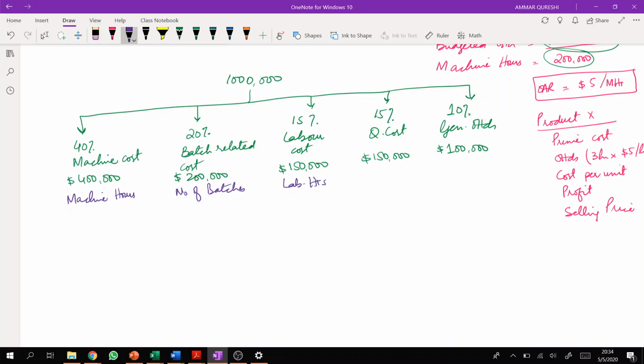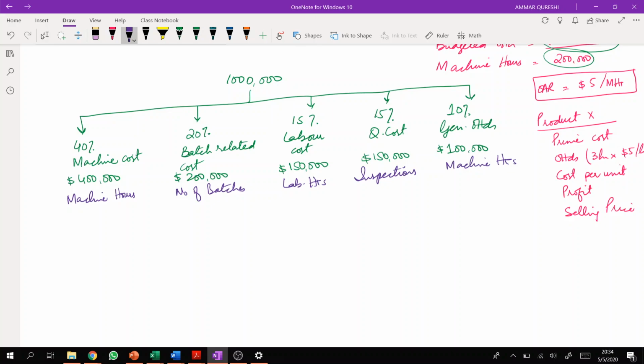Quality control costs can be distributed on the basis of either number of inspections. You may consider number of units that got inspected. So let's consider number of inspections, right? And general overheads can be distributed on the basis of, let's say, machine hours,